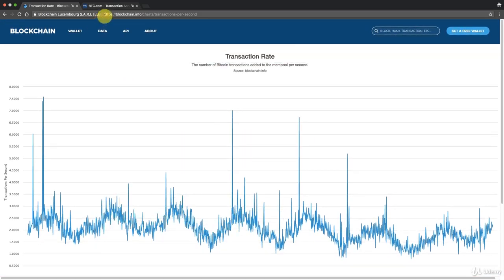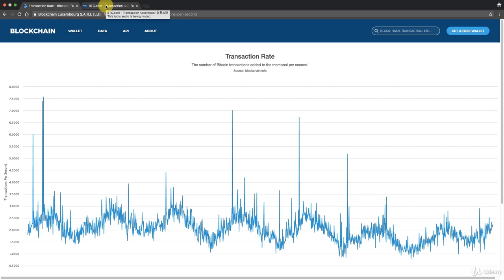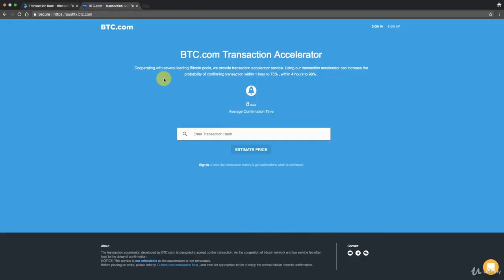Have a look around. Another cool thing I wanted to show you is if you go to bdc.com, there's a transaction accelerator. Mining pools have these transaction accelerators. Remember we said that your transaction could get stuck. If that happens, you can go to a transaction accelerator and put in your transaction hash, and they'll tell you how much it will cost for them to accelerate your transaction, meaning that here it says there's a 75% chance that it'll be pushed through within the first hour, and a 98% chance within the